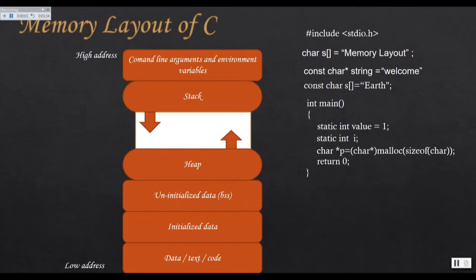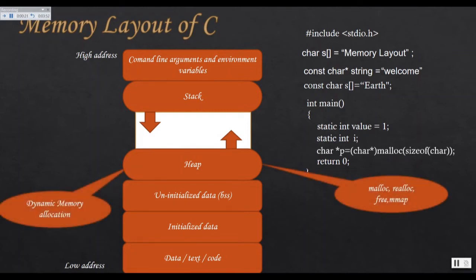Let's move ahead. Now we will see the heap section. The heap section is where we allocate and deallocate memory. All those operations are performed at the memory section pointed to by the heap. Most of the user calls, such as malloc, realloc, free, or mmap, use the heap memory area.